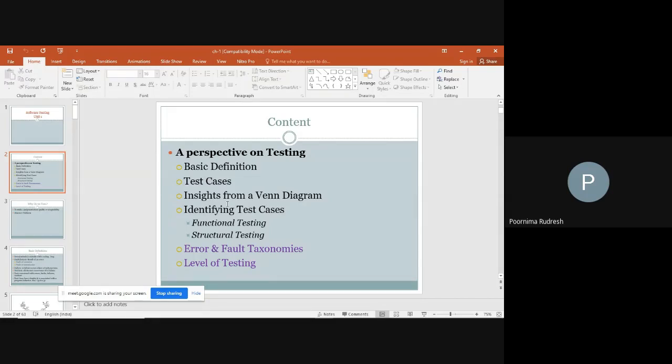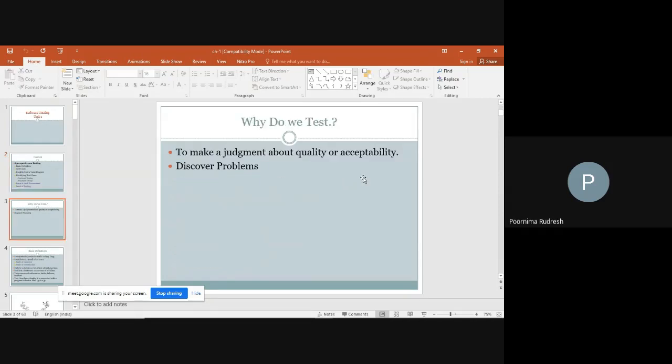Here we are mainly concentrating on 2 types of testing, functional testing and structural testing. Next you are going to study about the taxonomies, error and fault taxonomies, and the last topic of the chapter is level of testing. Okay, so first we'll start with the basic definition of testing, or before that we'll see